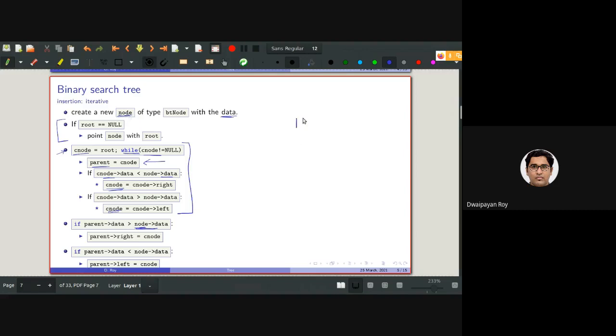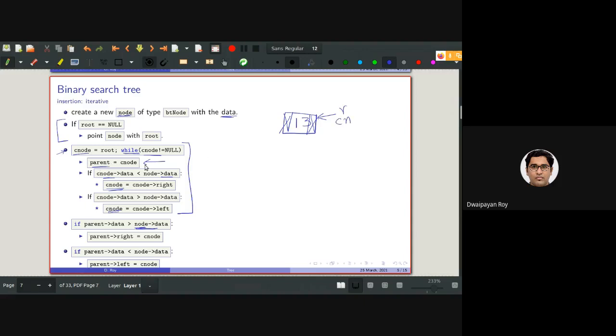So again, if I insert say 13, 13 is inserted as it is, when the tree was empty. Then say I want to insert 17. Now in this case, root is here, so C node will also be here. Root is here, also C node is here.